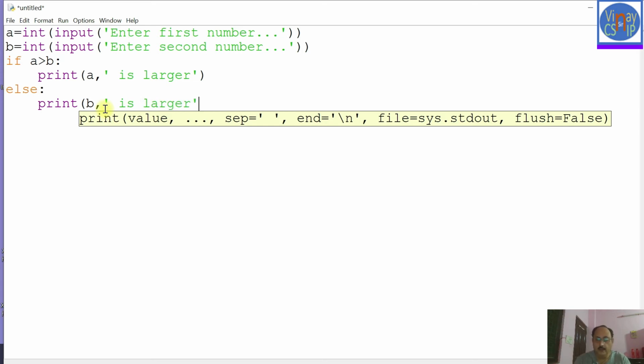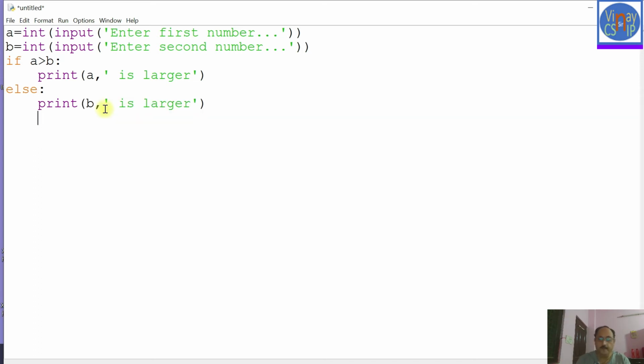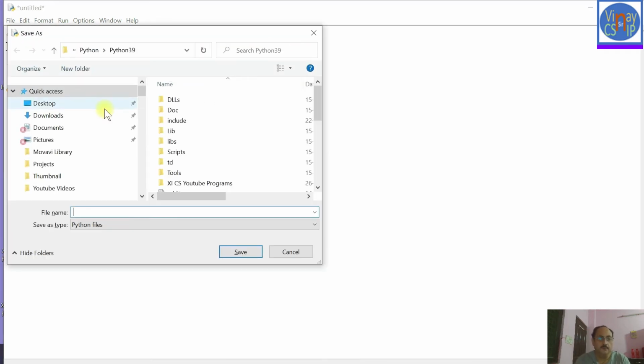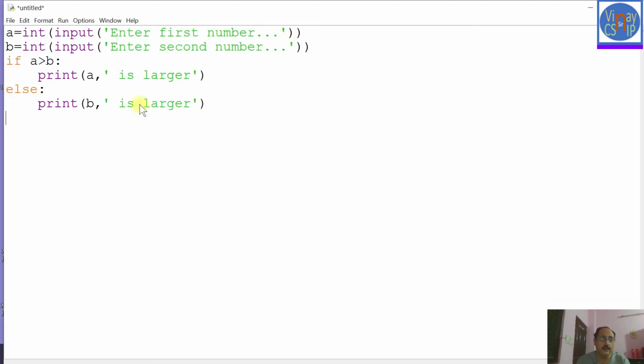Well, this program is now ready, and I'm saving it. This is basically a program to find out the larger of two numbers. So I'm writing larger2 because it gives me the larger of two numbers, and saving it here, and the program file name is now larger2 rather than untitled.